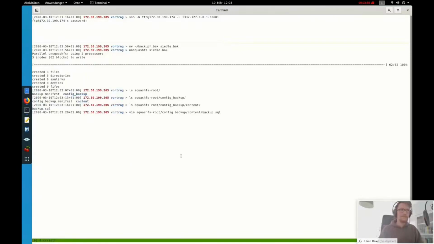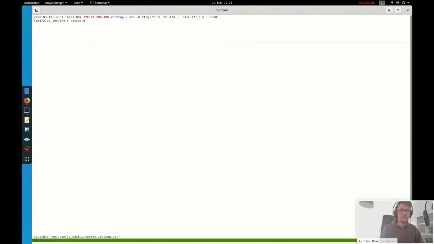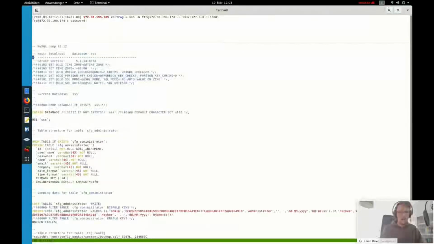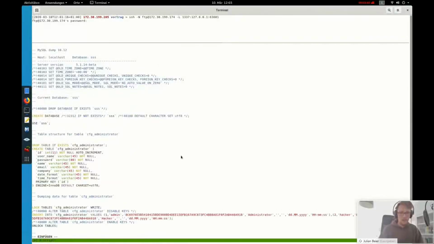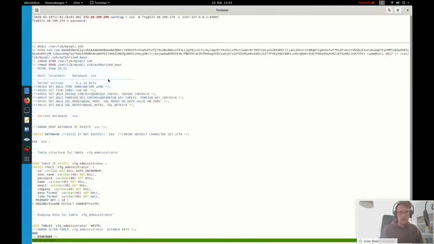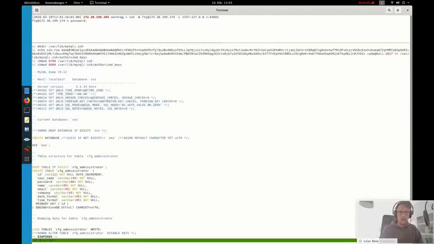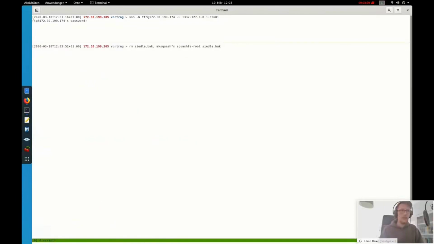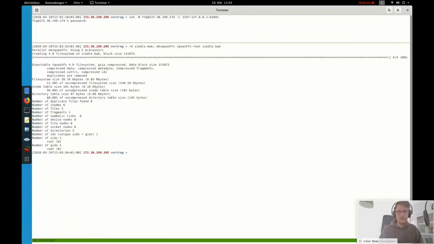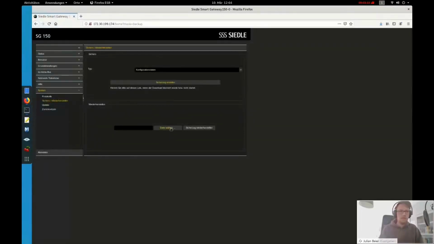There it is. We can just edit that. It's just a .sql file like you would normally see. Then we just add the couple lines that will create the .ssh folder, add the SSH key to the authorized keys, and set a couple of rights on the directory, repackage the entire thing, and just upload it.